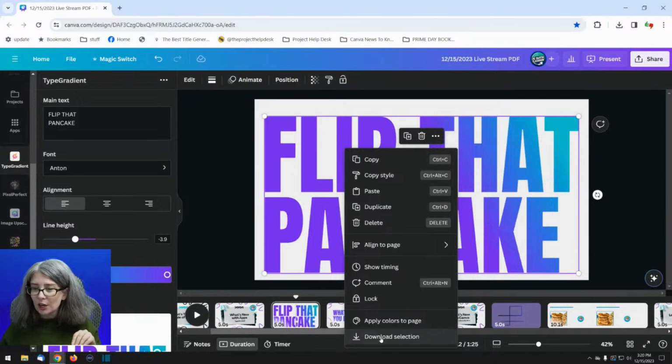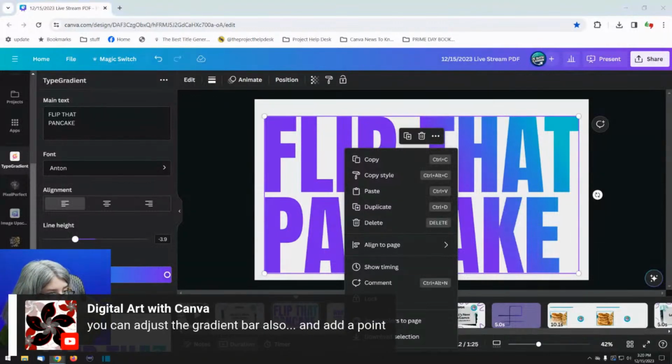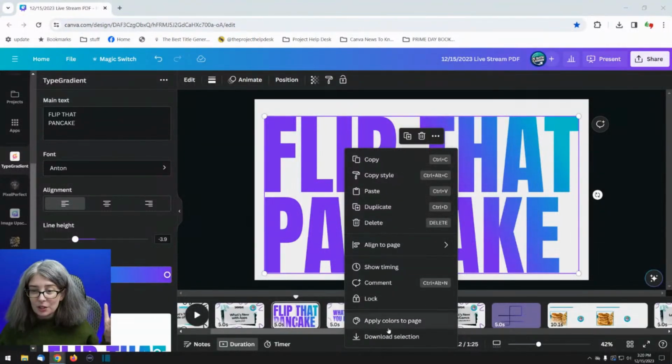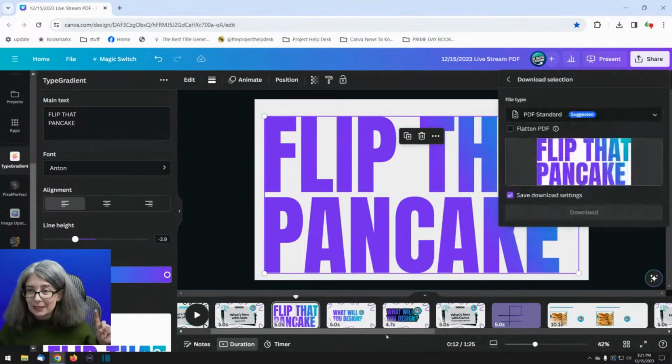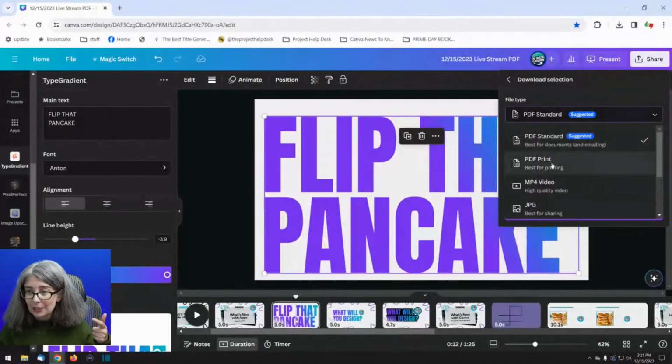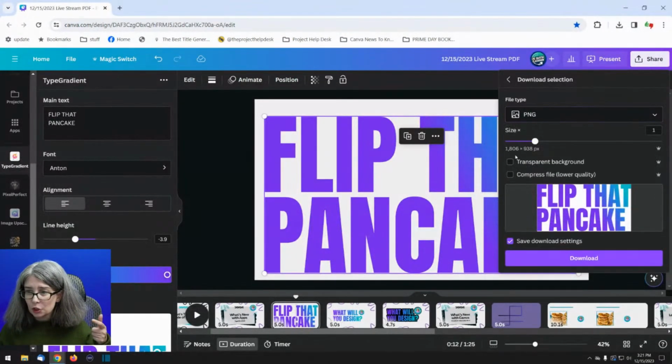Right-click this, and we're going to click down here, downloads. Oh, yep. I'm going to show that in a second. All right, so you can download this selection. I'm just going to download it as a PNG.